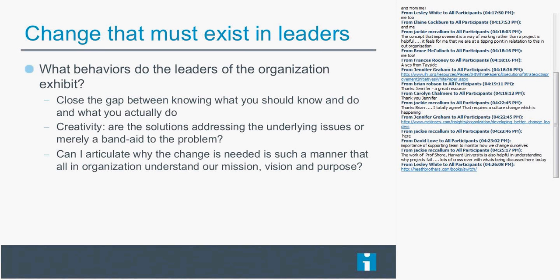For behaviors in shaping the path and setting the tone of an organization, it's important that leaders have an opportunity to close the gap between knowing what to do and what is actually done. Because many times the organization will tout that they're a front-facing organization, focused on improvement, focused on using methodologies for improvement, but when you dig more deeply, it may be happening in pockets, but it's not happening everywhere, or may not be happening at all.